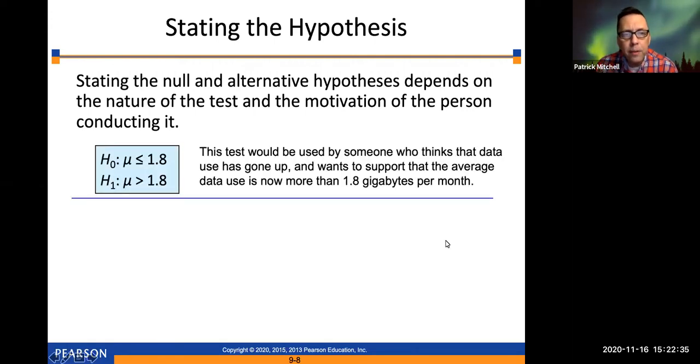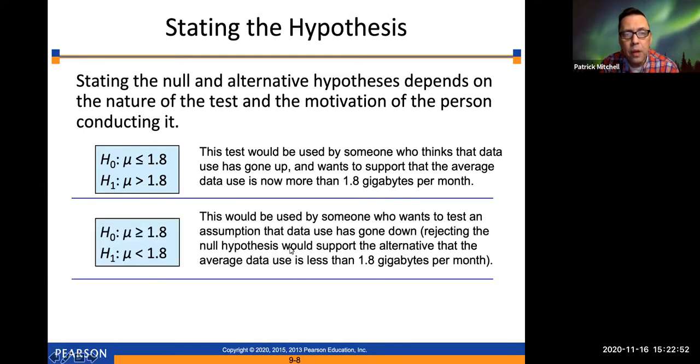So this particular test would be used by someone who thinks that data use has gone up and wants to support that the average data use is now more than 1.8 gigabytes per month. Notice that the alternative hypothesis is mu is greater than 1.8. On the other hand, this test would be used by someone who wants to test an assumption that data use has gone down. Rejecting the null hypothesis would support the alternative that the average data use is less than 1.8